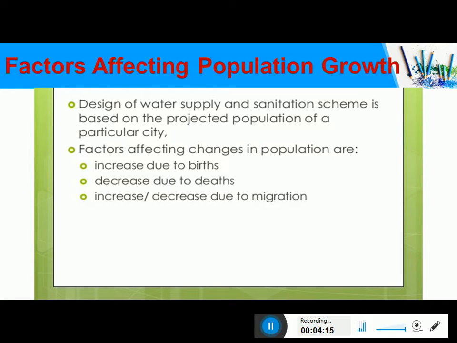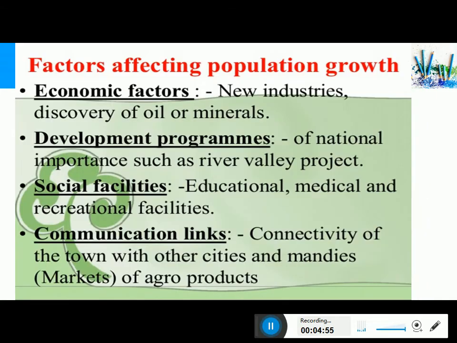Not only due to the pandemic, in some cases due to changes in geographical locations, or due to wars, or due to the occurrence of floods or other natural reasons, people tend to migrate. And as you know, births and deaths are quite natural. If there are more people residing in a particular area, there will be more births, and also more deaths. So all these things should be taken into consideration before predicting the future population using different methods.